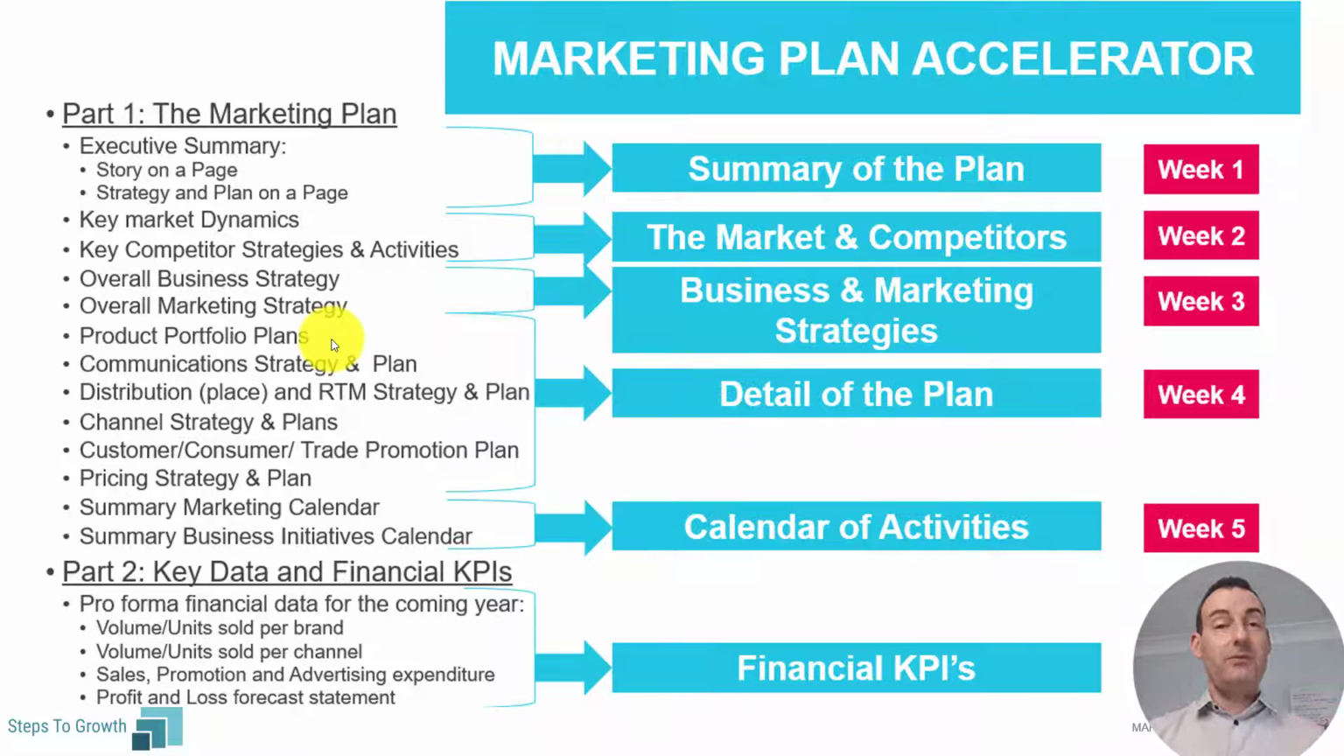So you get your product or service portfolio plans, your communication strategy and plan, your distribution, route to market, go to market strategy and plan. How do you manage your channel strategy and plans, your customer, consumer or trade promotion plans if you're doing promotions, your pricing strategy and plan, and then how do you summarize all of that into your marketing calendar for everybody in your business to work in, and how do you summarize your overall wider business initiatives calendar as well,